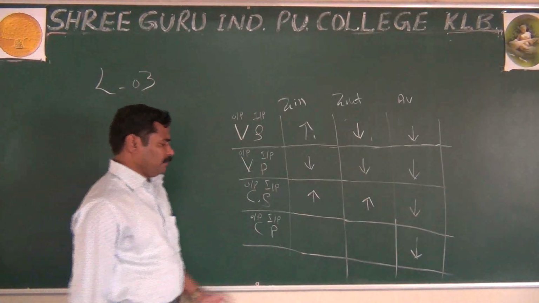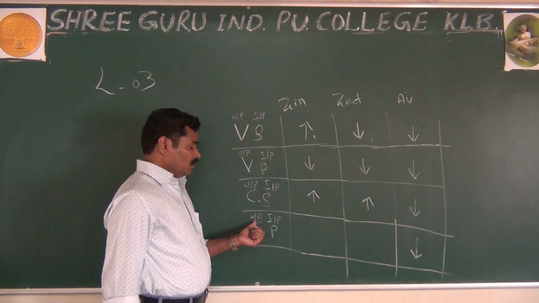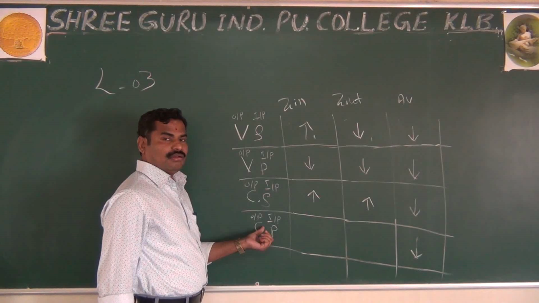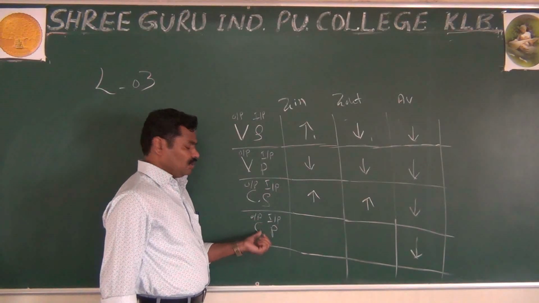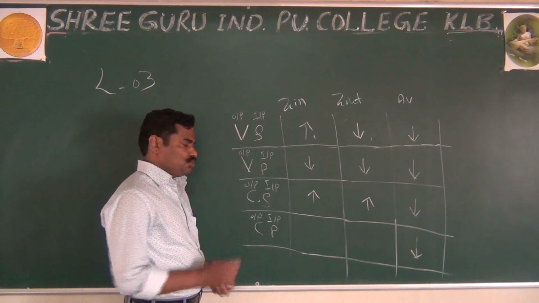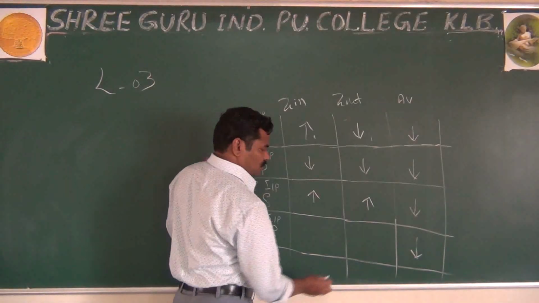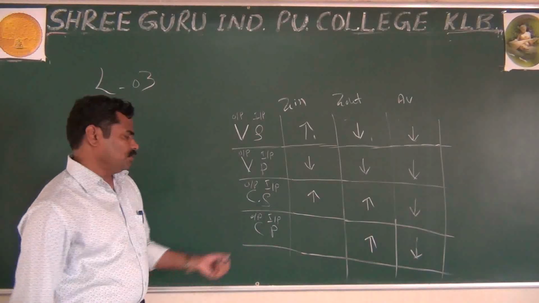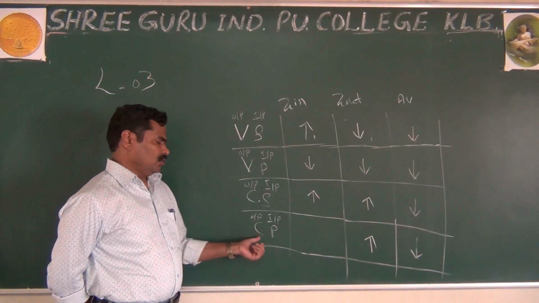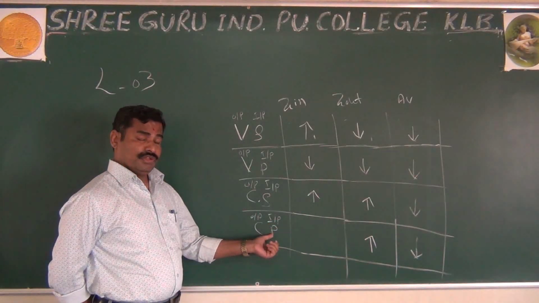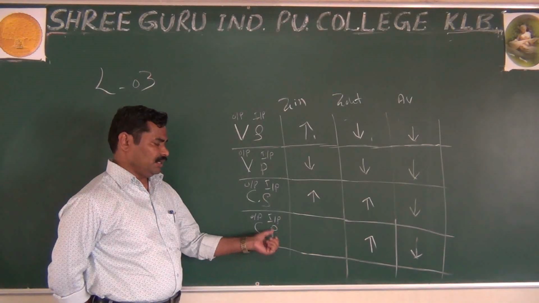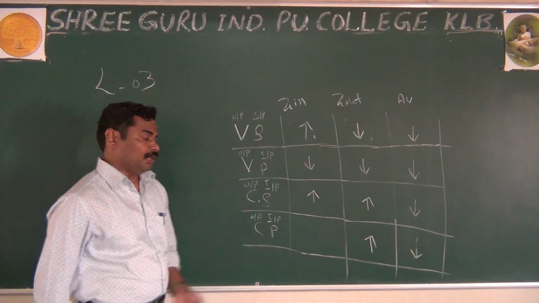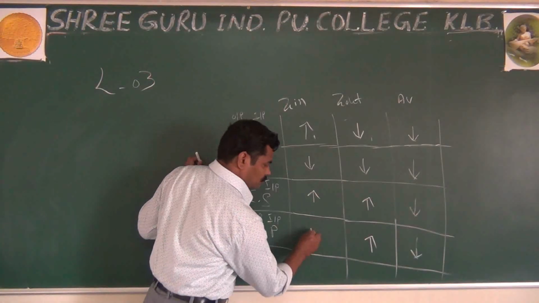And finally, the current shunt or current parallel topology. Once again, how you are measuring the current? In series. That's what happens in series, the input impedance increases, because you are measuring the current in series. And what about the input side? You are connecting in parallel. Because you are connecting in parallel, then what happens to the input impedance?